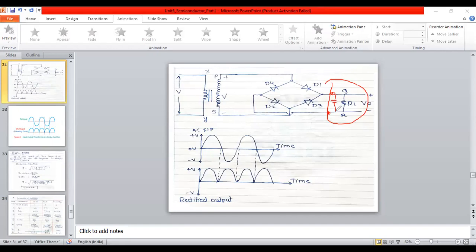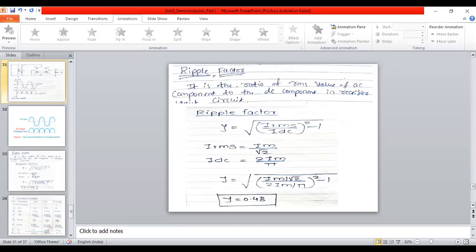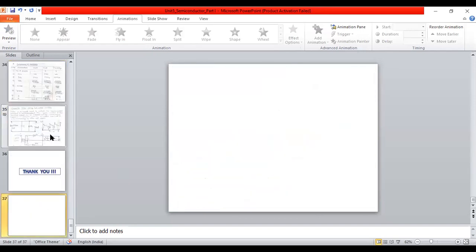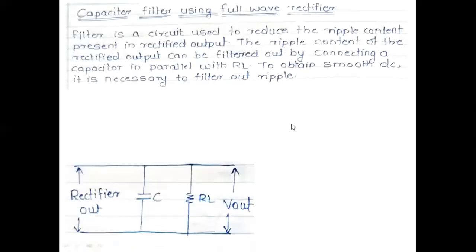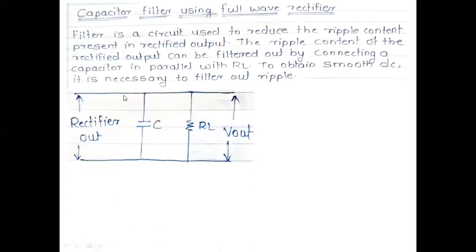Is it clear? This one is very important. For that reason I am telling that one. Many people can understand half wave and full wave, but the capacitor filter, some people will not understand how we got the circuit and all the things. For that reason I am explaining here now. So this is the circuit. Here, for the positive half cycle and negative half cycle, both it will act here.